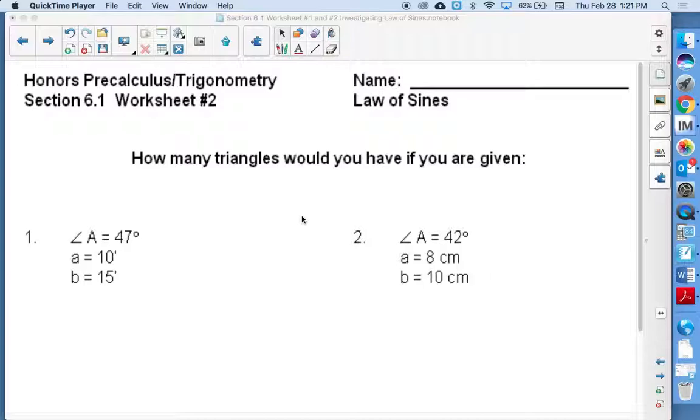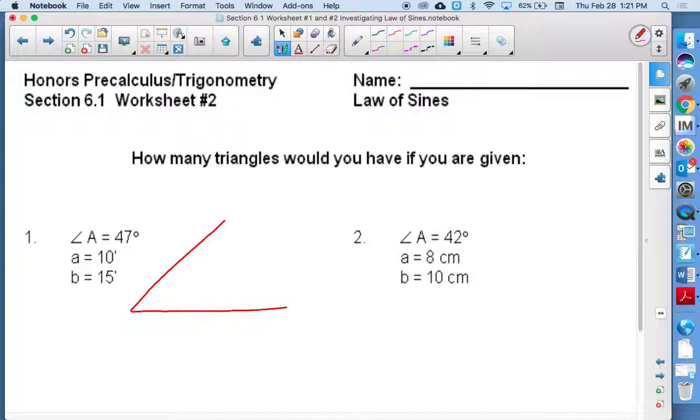So today we're going to work on trying to determine the number of triangles, but then go back to finding the pieces of the triangle using the law of sines. So taking yesterday and Tuesday, trying to combine it together. So for the first two problems here, both of these use angle A and side B. So if you were making a sketch,